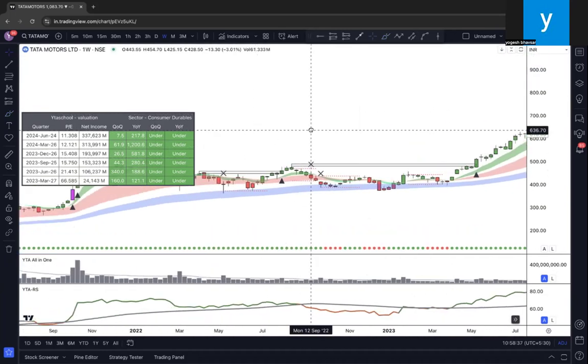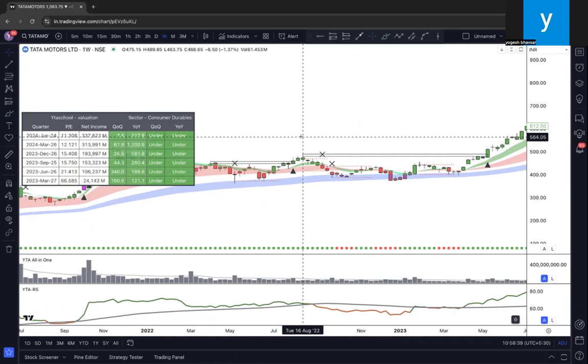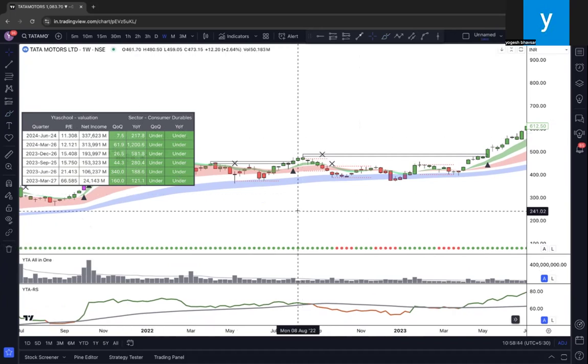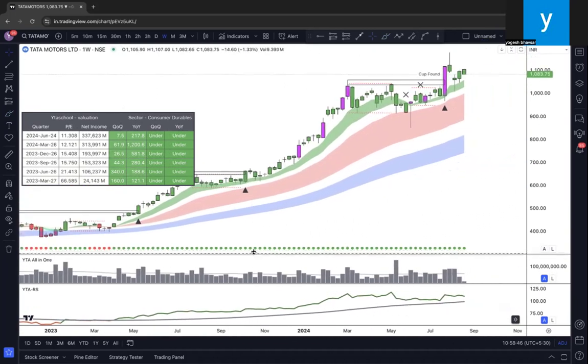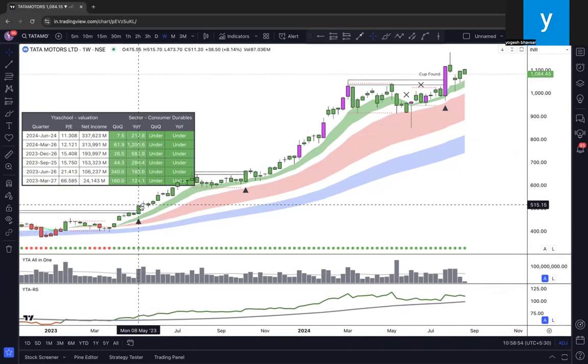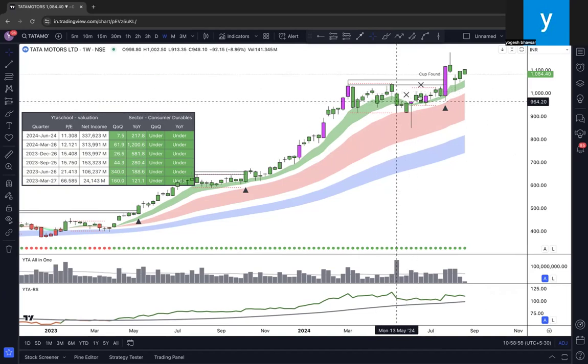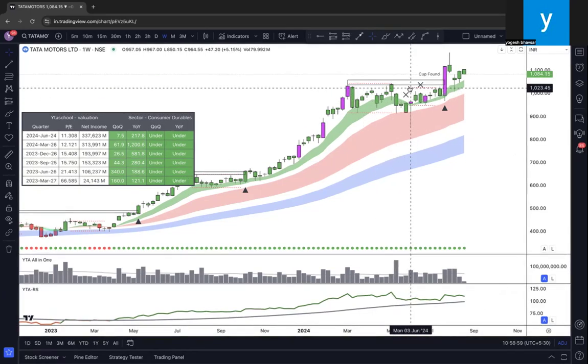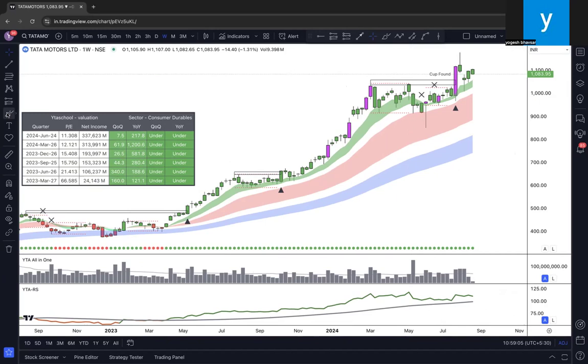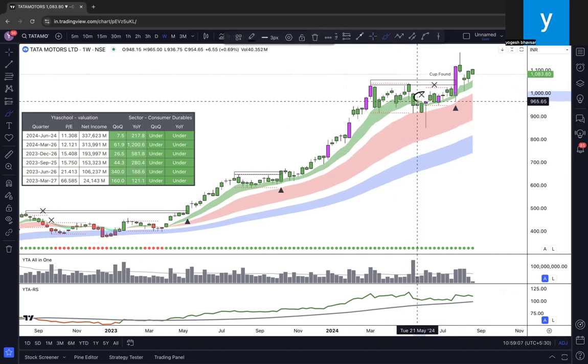In my previous old version, these were flags and they were an exit signal. What does exit signal mean? That if you have purchased over here and this black signal comes, please exit. But I have converted the logic into something different now. The flags have been converted into X.